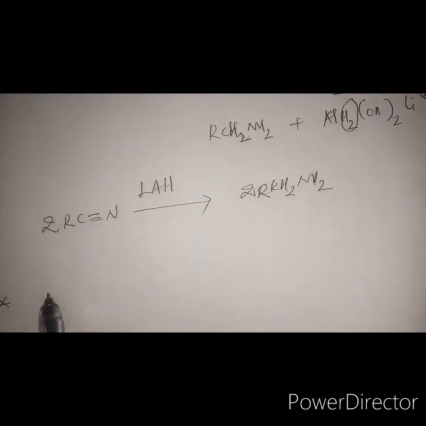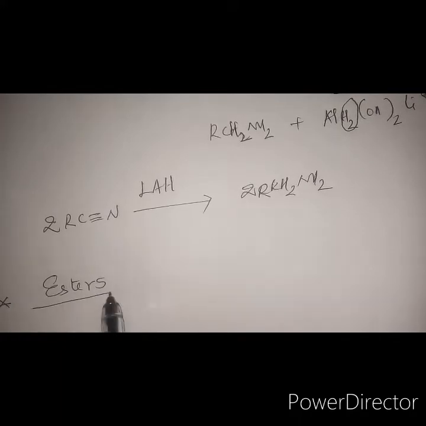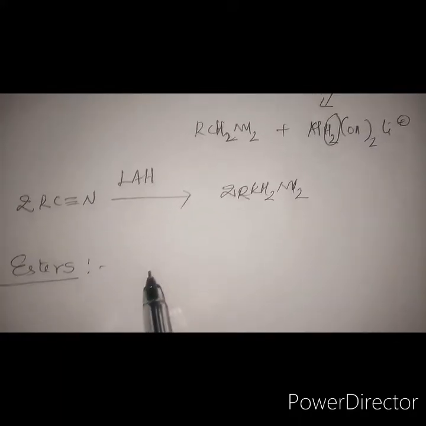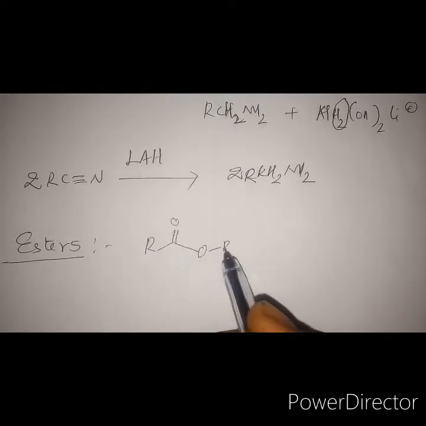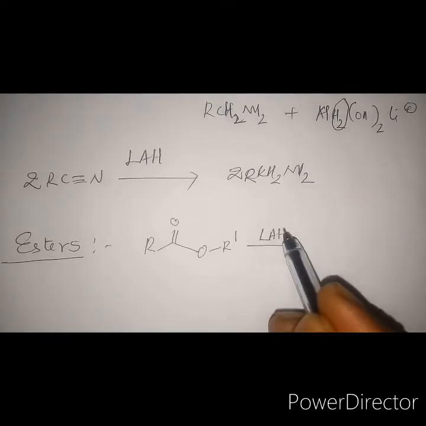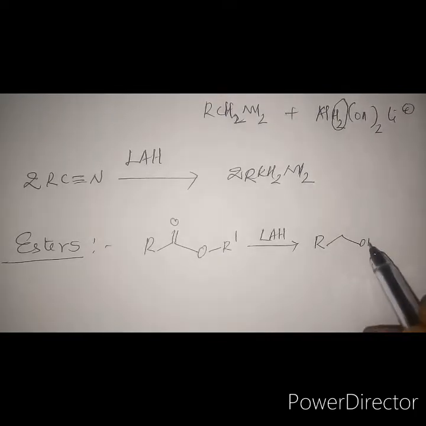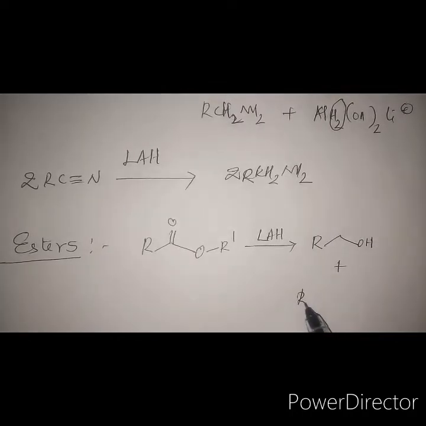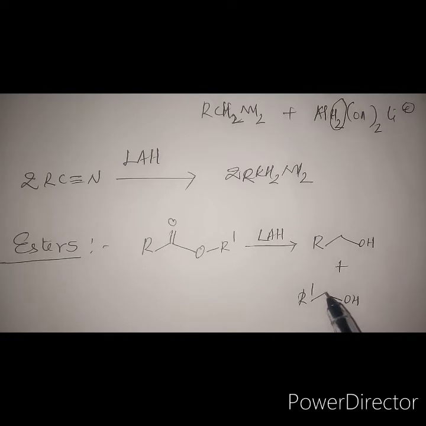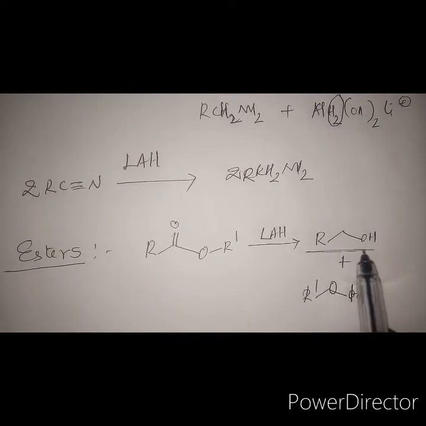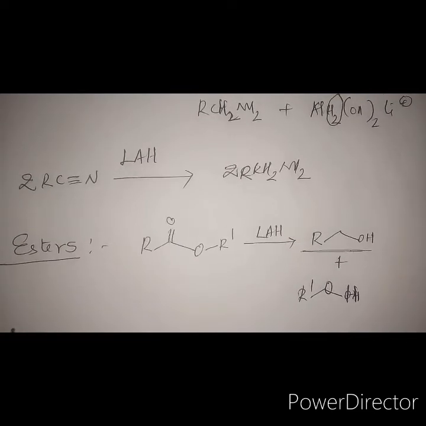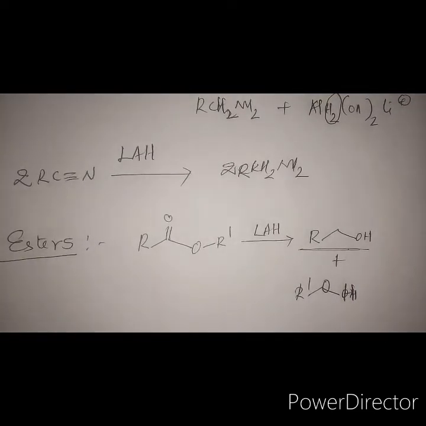Now we will go with esters, reduction of esters. So in case of esters, we have R, O, R dash. So reduction with lithium aluminum hydride. So we will get ROH plus R dash OH. Sorry, this is directly OH, R dash OH. Now the esters will be converted into a primary alcohol. This is the one which is important because it contains the carbonyl group. It will go to a primary alcohol. Okay, so the reaction mechanism of this.